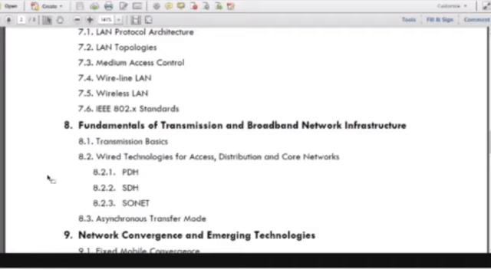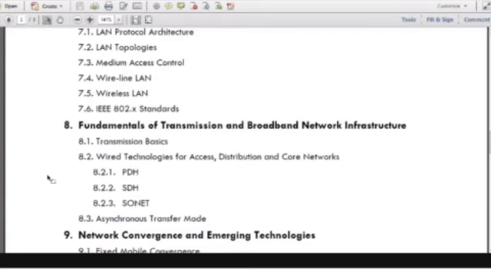But here you will master what you started discussing there, and you will be able to calculate the hierarchy stages starting from the T1 and the E1 up to the STM higher levels or STS higher levels. STM represents SDH and STS represents SONET. And then ATM, as you remember, it is a type of technology that keeps a certain level of quality, as you all recall.